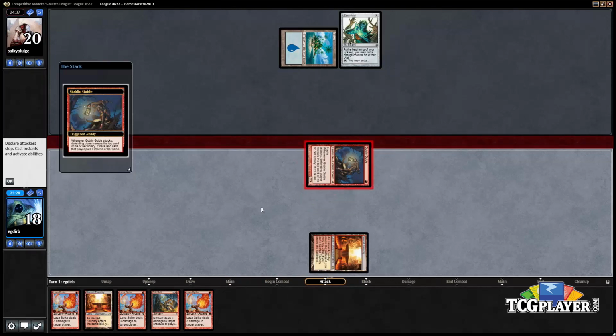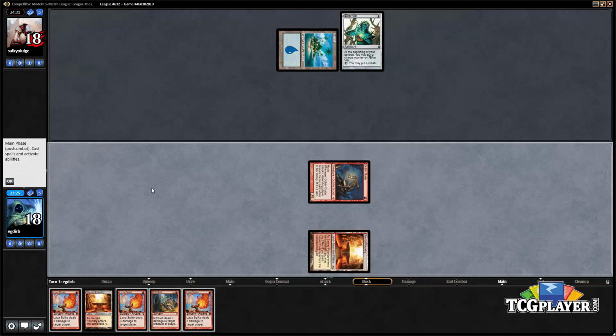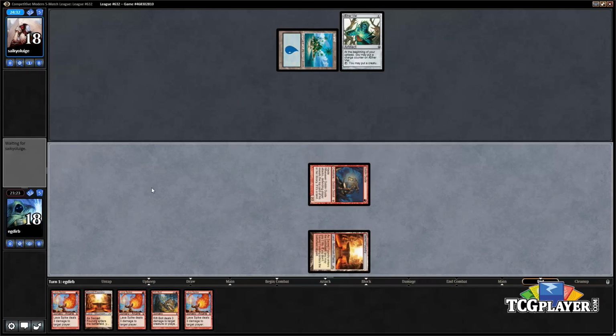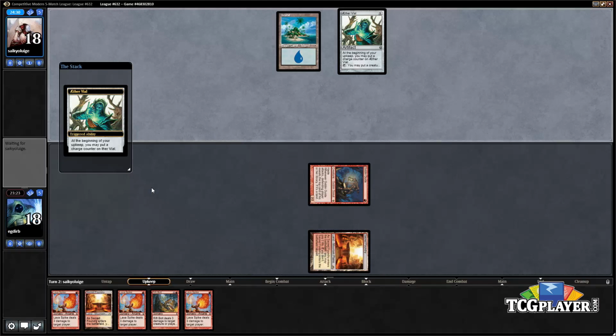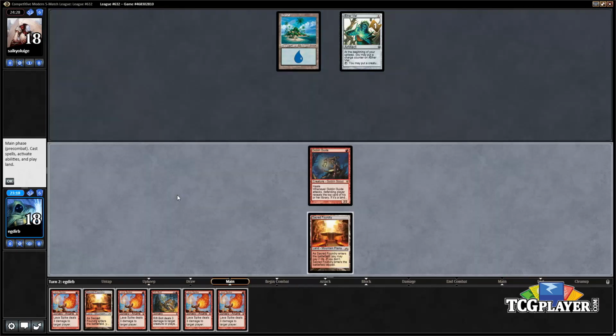If we were on the play, well, being on the play with Goblin Guide is definitely better than being on the draw, but we'll still take this. And so we saw Dismember revealed off the Goblin Guide. We actually don't mind our opponent having Dismember that much. If our opponent does kill the Goblin Guide,